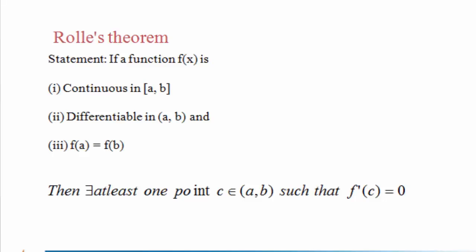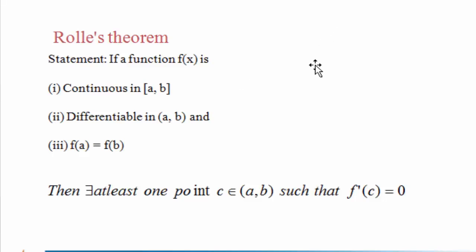This is the statement of Rolle's theorem. Here three conditions are given. First is f is continuous, means without lifting our chalk from the blackboard we can plot the graph of this function f of x. Second is f is differentiable in the open interval (a, b), means the curve is smooth, does not have sharp edges on the interval (a, b). And third we already know.